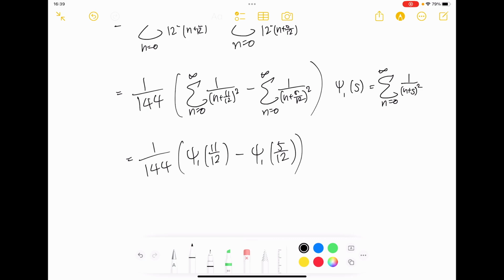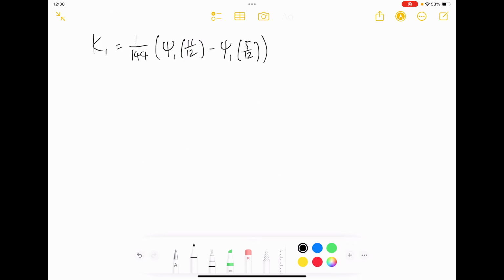But we are not done yet, because this can be further simplified in terms of Catalan's constant, as I have mentioned before. But I'll do that when I cut the video and then tie it onto the next part. Yeah, so cut. So we have this stupid expression for k1,